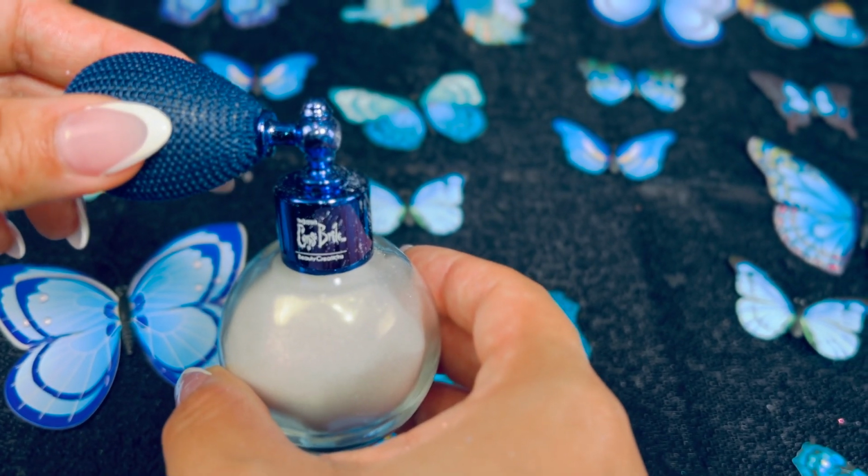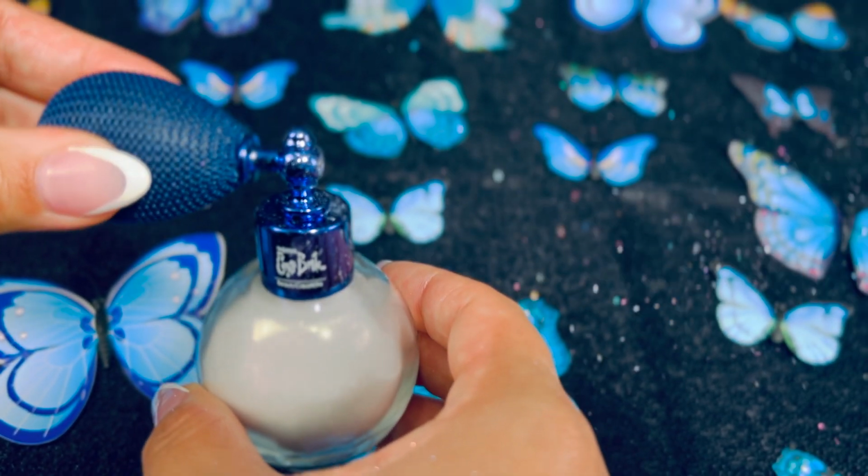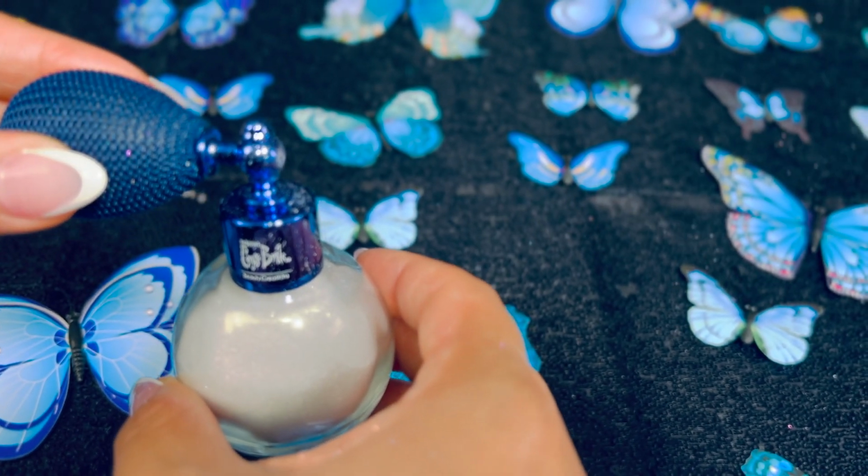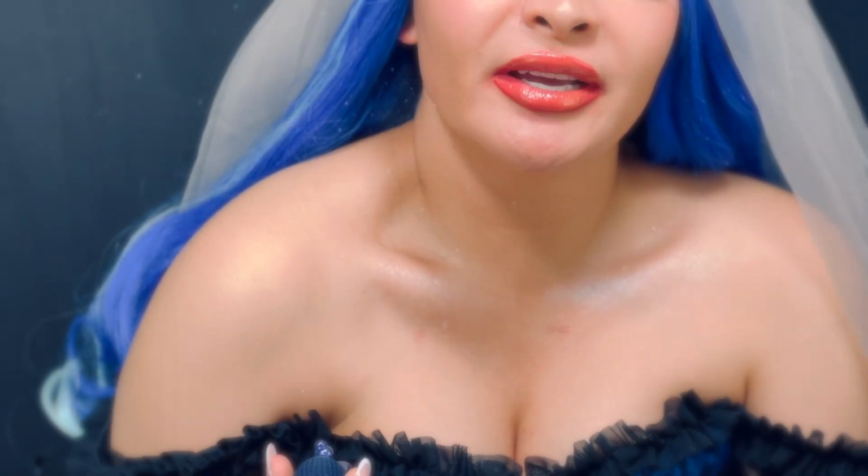But there also is a glitter spray, and look at that. I love how beautiful she looks. She looks vintage with her little spray, and let's try that. We're gonna put her on. This is in the Bone Dust. I love the names for this collection, and let's spray her on. Wow, my loves. Oh my goodness. Do you guys see this? I'm gonna actually put some on my veil,